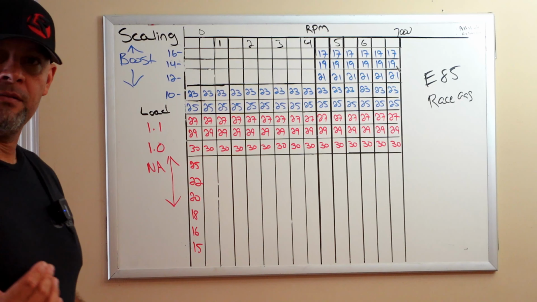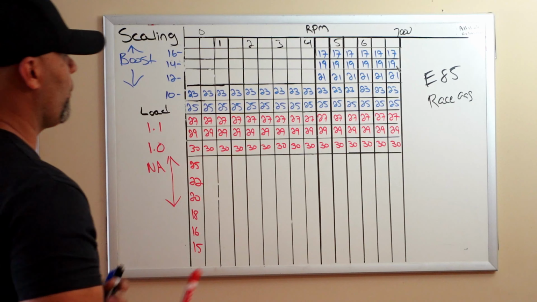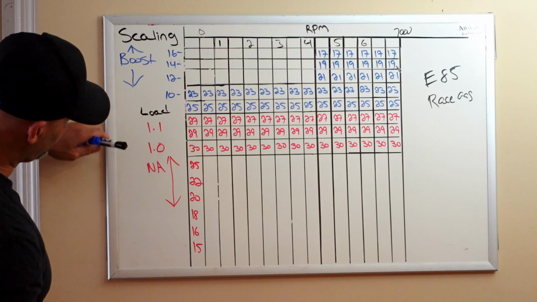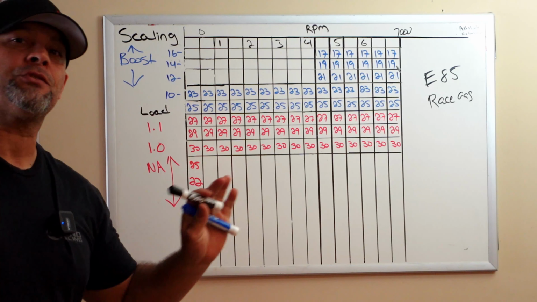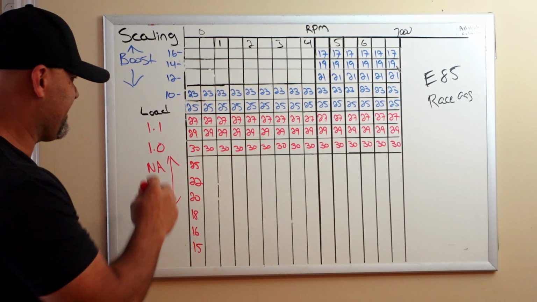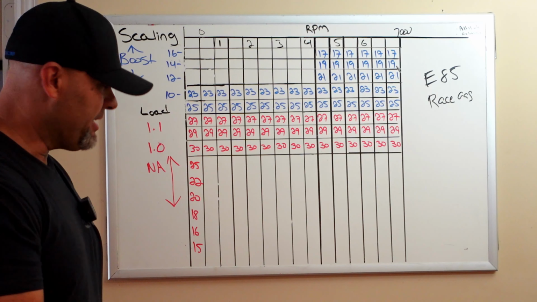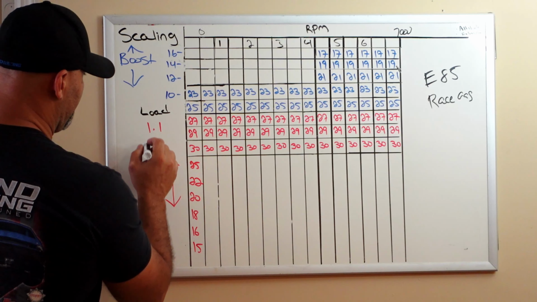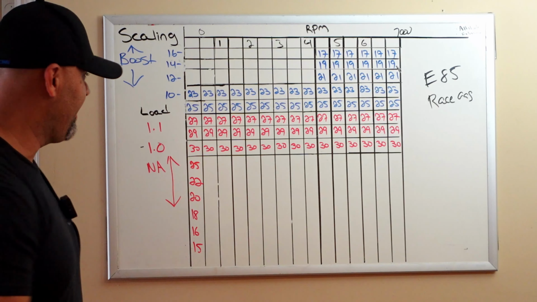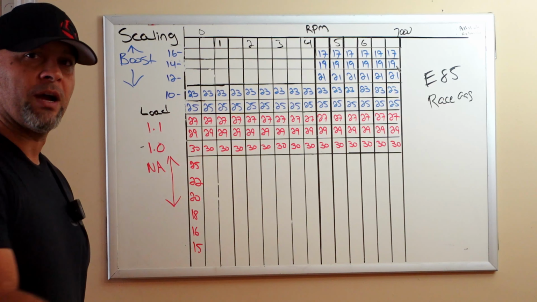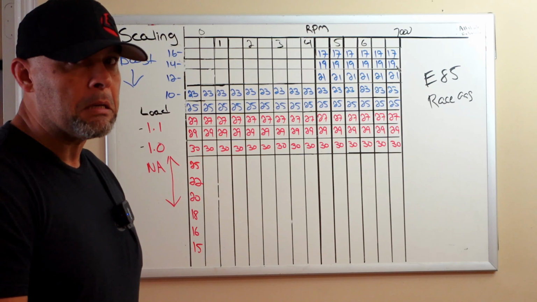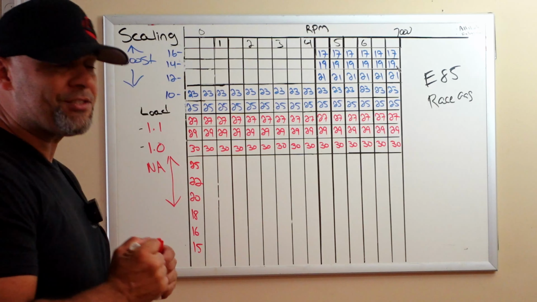So I'm gonna make a bunch of dumb sounds and look like a moron just to illustrate what happens in a timing table when it is scaled appropriately. So here we have load, or let's say naturally aspirated air load, and the most a Coyote will ever see is like 1.0 air load. The only time it sees higher than 1.0 air load is if you're in like negative DA, like the Laurentian Abyss. If you just happen to drive your car to the Laurentian Abyss, you'll be way below sea level. So you'll see about 1.1 load,